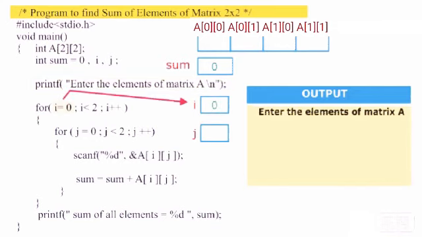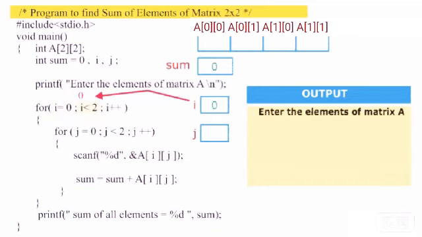To handle a two-dimensional array, we always use a nested loop. The outer loop indicates the number of rows, while the inner loop is used to deal with column entries of the particular row. It means that the outer loop is executed row number of times, that is 2 times, and the inner loop is executed column number of times, that is 2 times in our example.